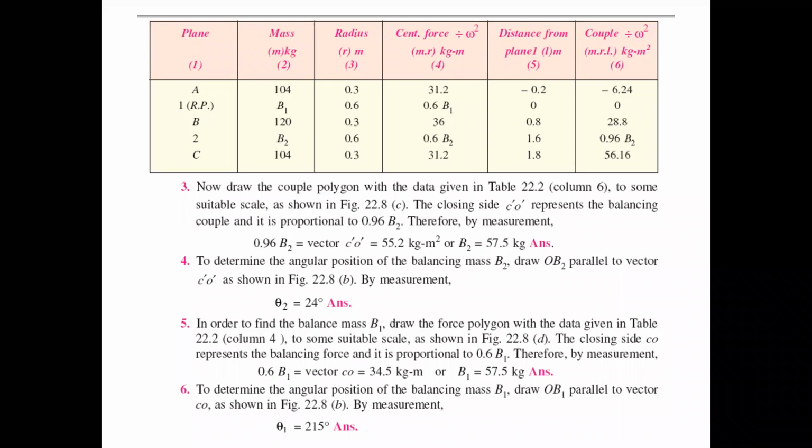Did you complete the tabular column? From the tabular column, you will observe our couple values and centrifugal force values. The couple values have one unknown, that is capital B2, and the centrifugal forces have two unknowns, B1 and B2. To find B2, first we will draw the